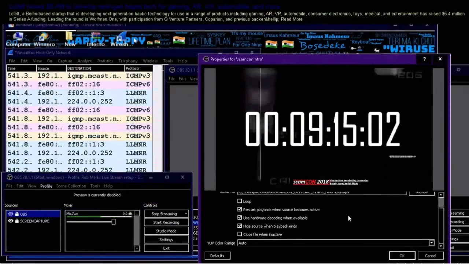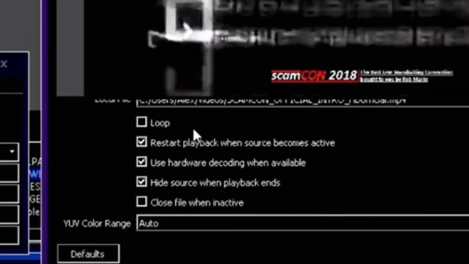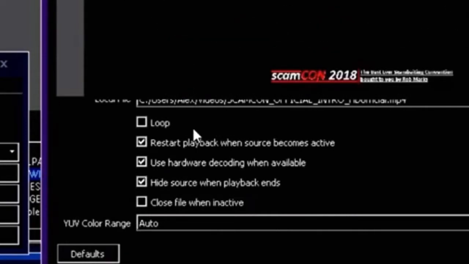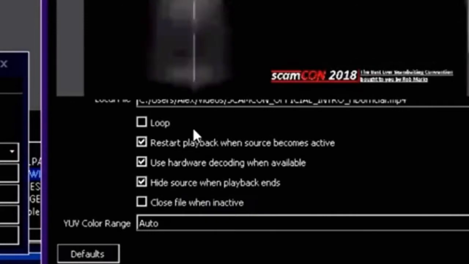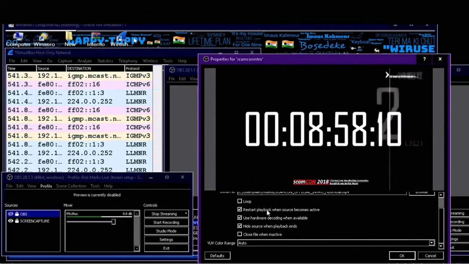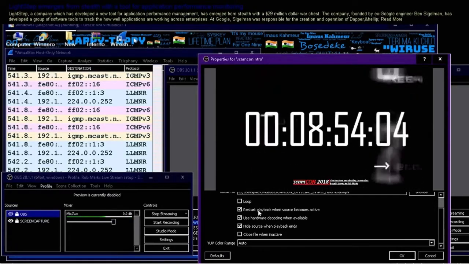On each segment, I do not have it loop because I want it to stop when it's supposed to. I've had times when it actually loops and I'm like, oh shit, I don't want to play again. So whenever you want transitions like what I have and make it look smooth, make sure you reset